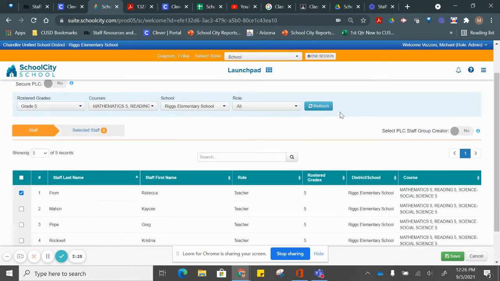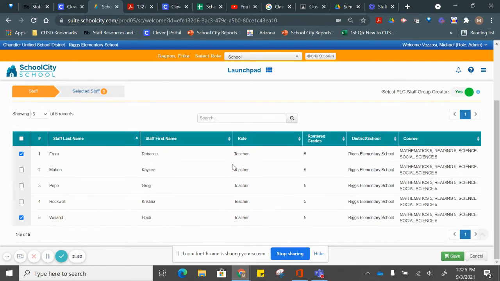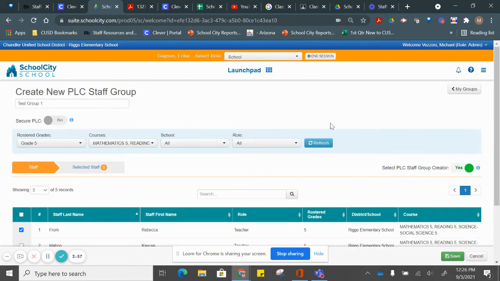Now, if I want to be part of that PLC, let's say the person that is creating this PLC wants to be part of that, just to make sure that they have the ability to look, they just toggle this switch. And you'll see that it went from 2 to 3 immediately, because the person that is creating this group is now automatically entered into that. Once that happens, you have what you need as far as the people in your group. You can hit the save button. Once you hit the save button,